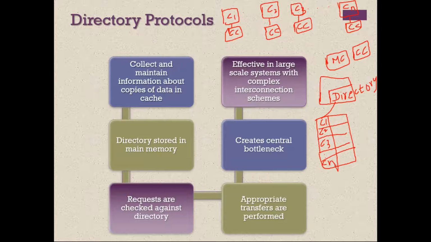If a processor wants to modify the contents of its cache, it should request the centralized controller to provide it exclusive access. Exclusive access is needed because if it is going to change the data, all the other copies will become inconsistent. Then the controller will send a message to all the processors that we are going to give exclusive control to one of the processors.